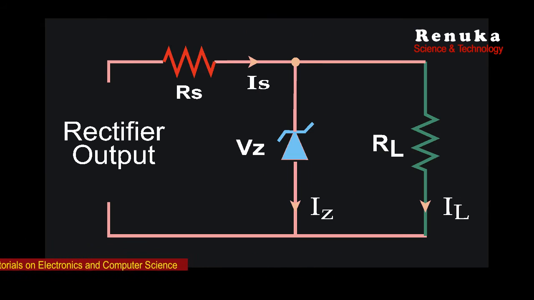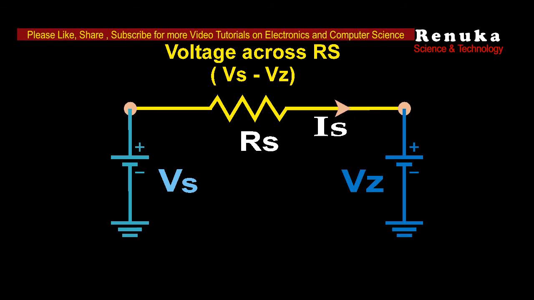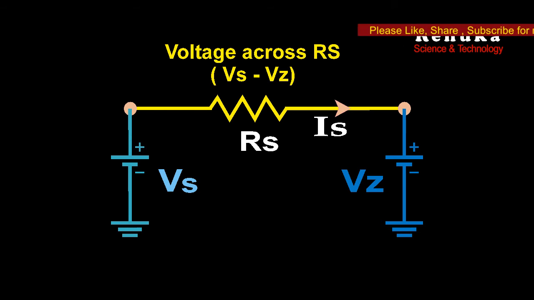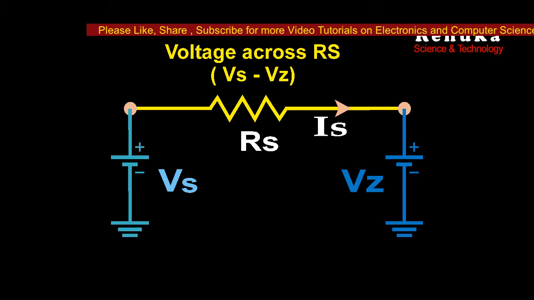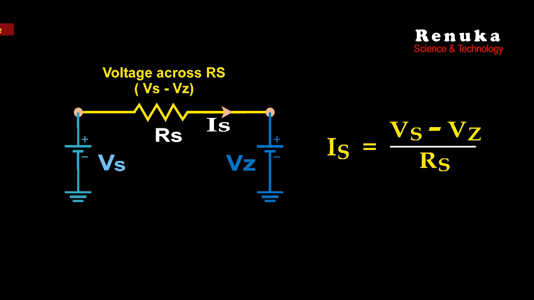Now back to the Zener diode as a regulator. From the circuit diagram you can see that the current through the resistance Rs can be given as Is equal to Vs minus Vz upon Rs. The formula can be memorized like this: we can consider Vs as one voltage and the Zener voltage as the second voltage, and the resistance Rs is connected in between these two voltages. The voltage across Rs can be calculated by subtracting these two. Vs minus Vz will be the voltage across series resistance Rs. So here Is will be Vs minus Vz, that means the voltage across the resistance divided by resistance. Simple Ohm's law, so we can remember this.